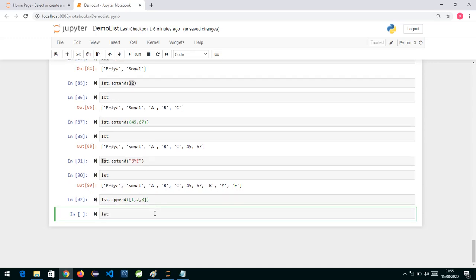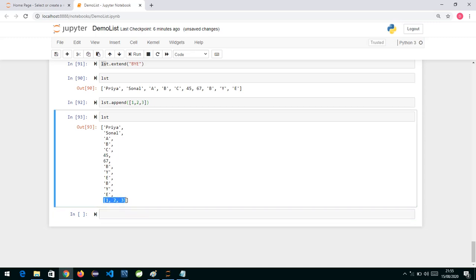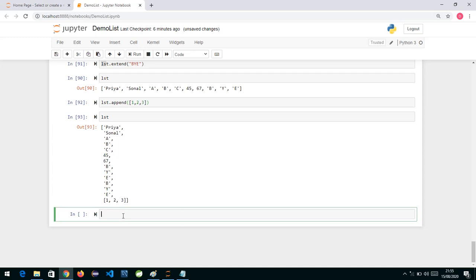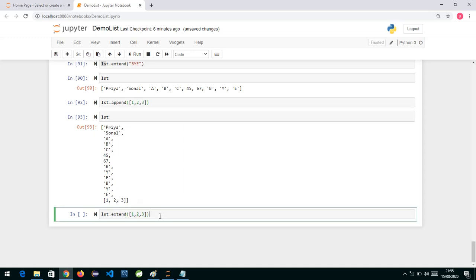Let's check the list: it didn't get split, it is 1, 2, 3. And if I use the extend method and pass a list, 1, 2, which I have created directly over here, you can see now the data will be separate, 1 and 2 as separate items.